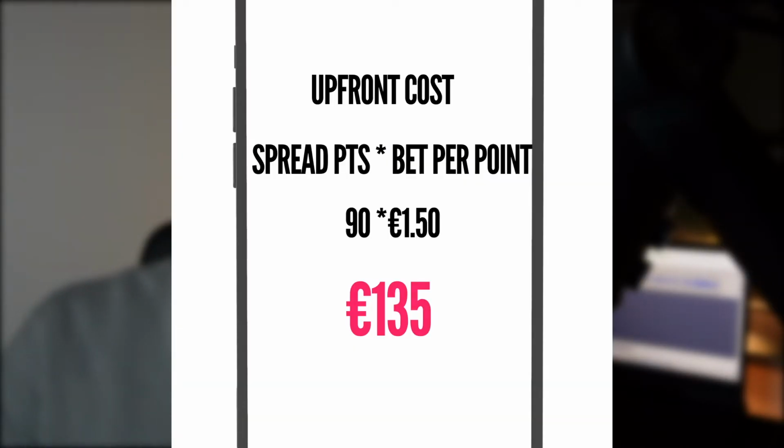How much you decide to bet per point of movement will also decide your upfront cost. It's very easy to work out your upfront cost. It is basically whatever the spread is. So in this case, it is €90 or 90 points, and I'm going to multiply that by the amount that I'm betting. So if I bet €1.50 per point, then it's going to cost me an upfront cost of